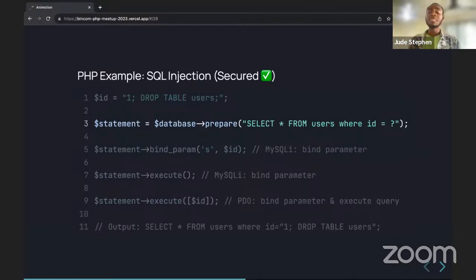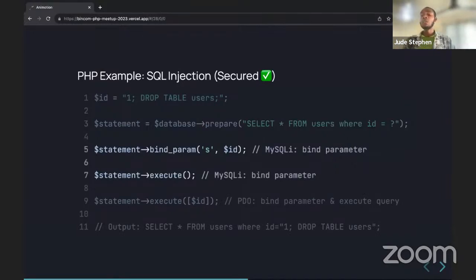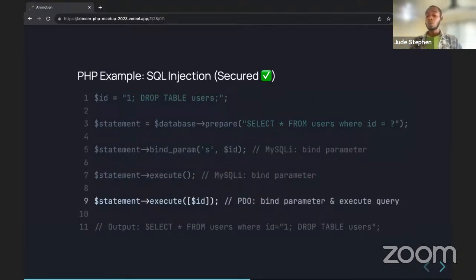So instead of injecting your PHP variable directly in your SQL statement, you identify the particular query parameter that you want to substitute with a question mark, and then you bind that question mark to your variable, like we are seeing here. So like PHP, we have MySQLi, and remember we have PDO. If you are using a PDO driver, this is how your statement looks, and you execute the query.